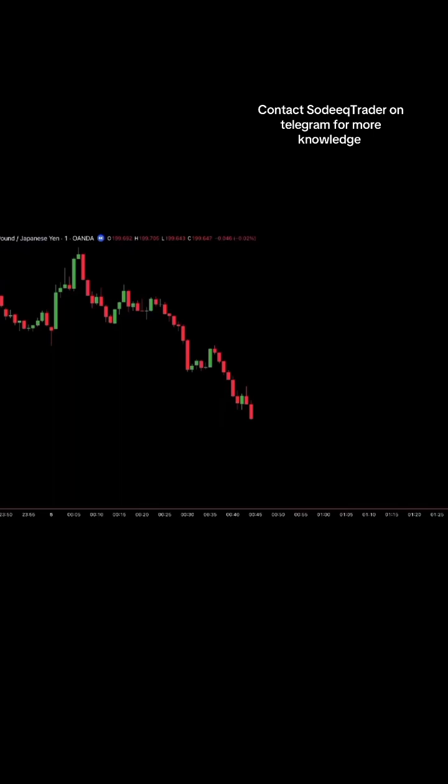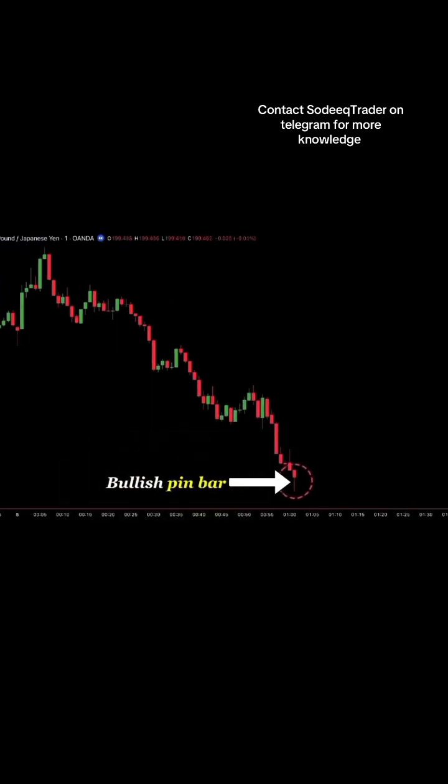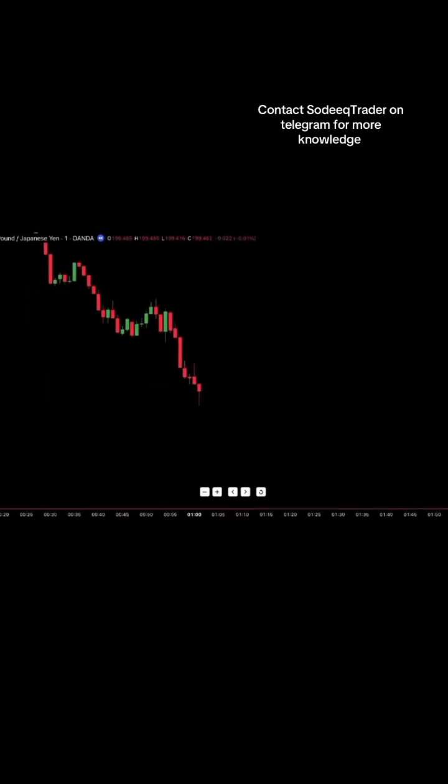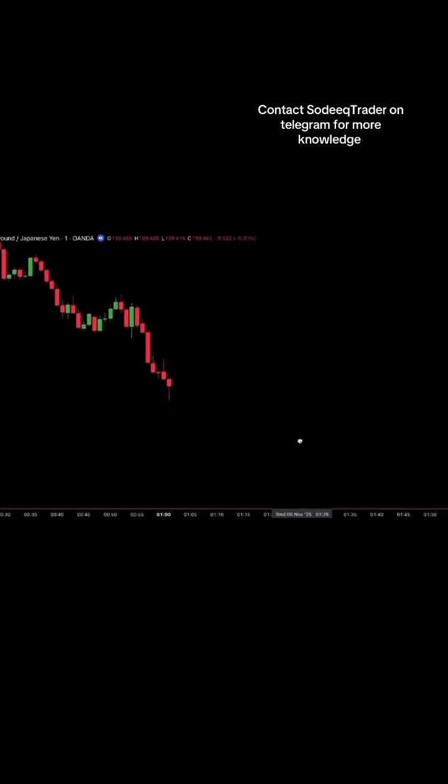Now switch to the 1-minute chart. Here, you don't enter immediately. You wait for a signal that shows resistance to that fear. And that signal is a bullish pin bar. Look at this candle. It forms right in the middle of that panic. It's like a small pocket of strength inside a fearful market. But you don't trade